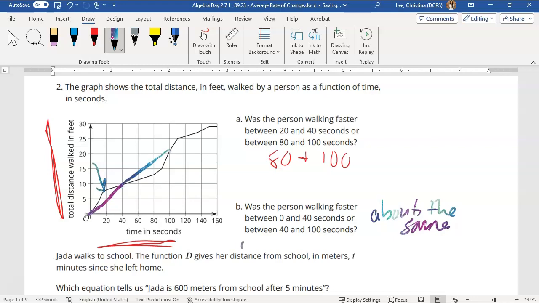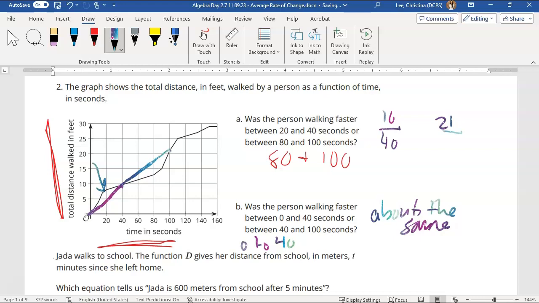Maybe from 0 to 40 is a little bit faster, but we could definitely calculate that rate of change by looking at they're going approximately 10, we'll say, over 40 seconds. And then from 40 to 100 here, at the 100, they're a little bit above 20. So let's say 21 over the